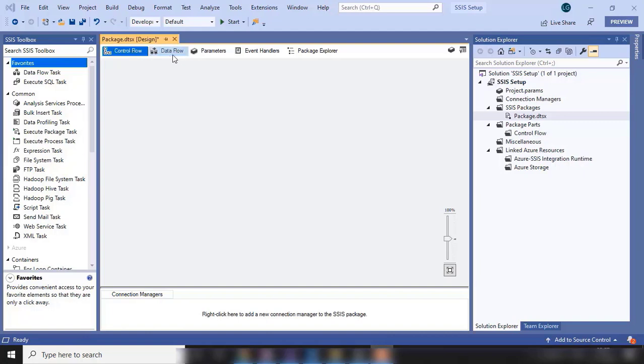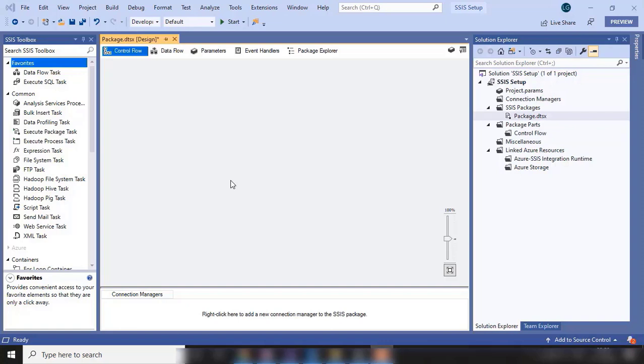Now let's discuss control flow and the data flow. These are the most important components of the packages. A package could contain one control flow and one control flow could have multiple data flows. Control flow is a container. It contains multiple data flows. It shows the way of the data flow, in which way it is flowing. Data flow is actually used to flow the data from one place to another place. Inside the data flow, we give the source and the destination: from where we need to migrate the data and in which system we will migrate the data.